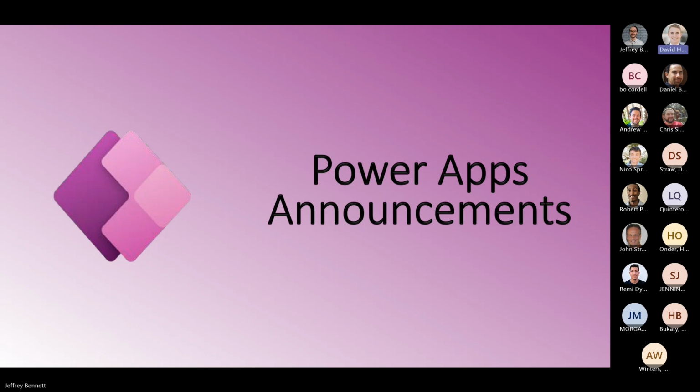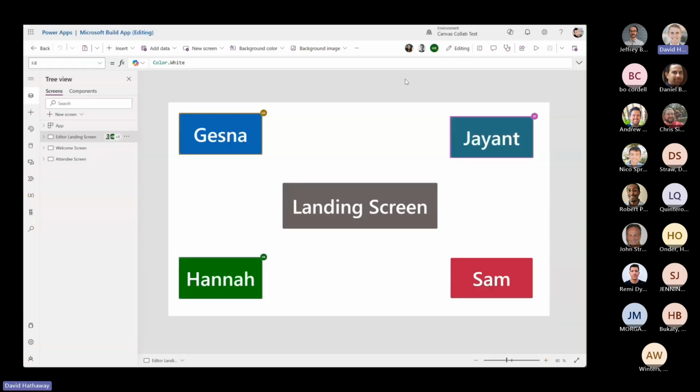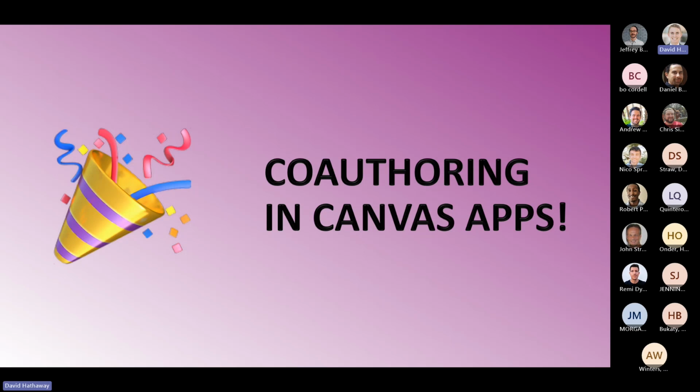Yeah, thanks so much, Jeff, for the great overview of Copilot Studio and Power Automate announcements. So I think probably the first place I want to start with when it comes to some of the announcements for Power Apps at Build 2024 is, well, we'll just take a look and see if you can spot it. So let's launch this. And some of you might be noticing already, it's a little bit on fast forward, but for those of us who have been asking for and waiting for this feature for a mighty long time, I'll skip ahead. Co-authoring in Canvas apps got announced.